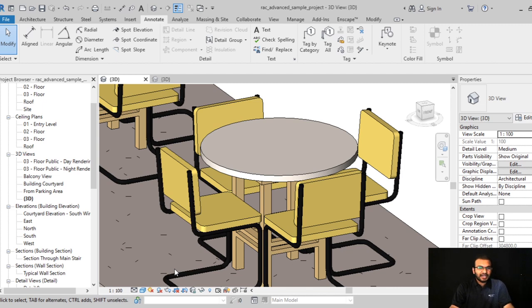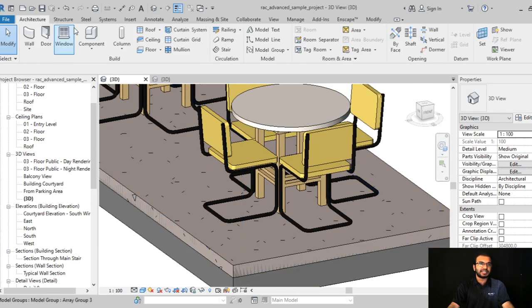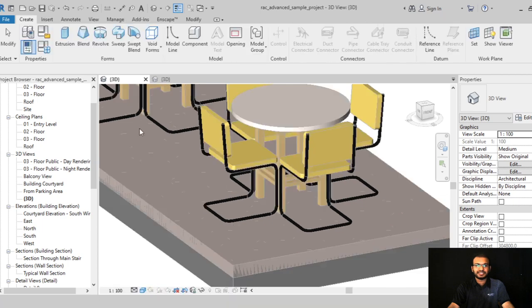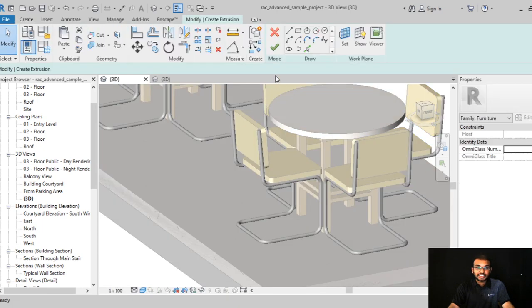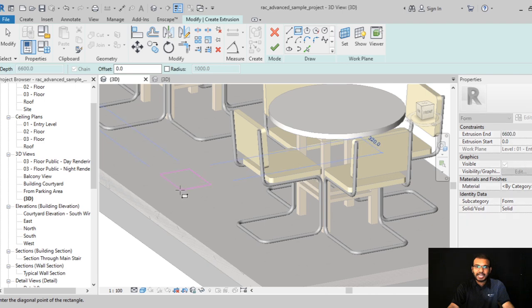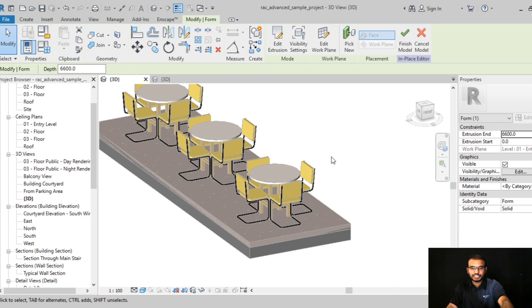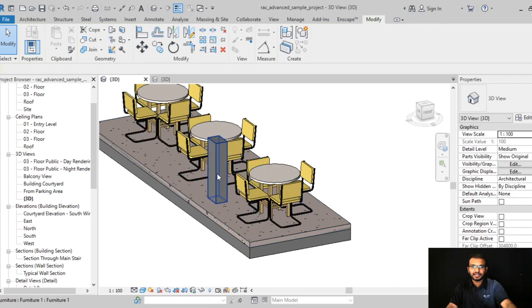If you look at the general settings of LOD, it starts from LOD 100, which is just a representation that there is some object like that. Say for example I need to present some furniture here, consider I have a chair. I will just place some objects like this.